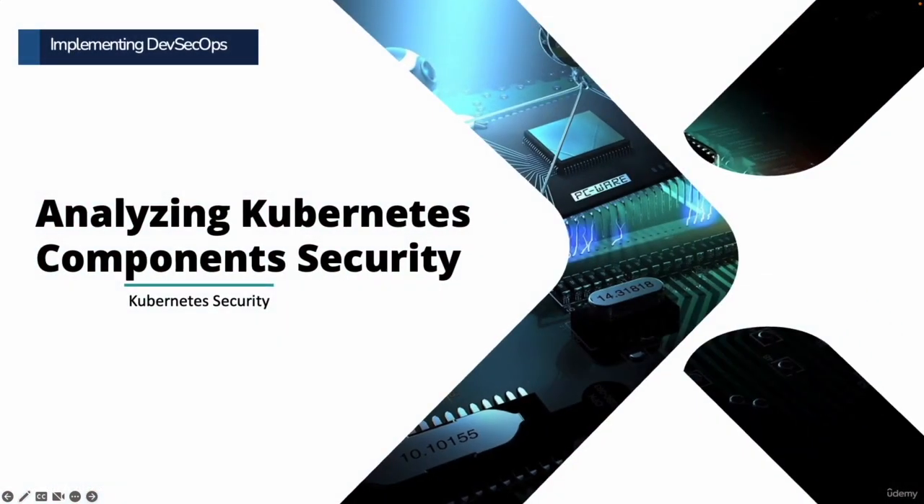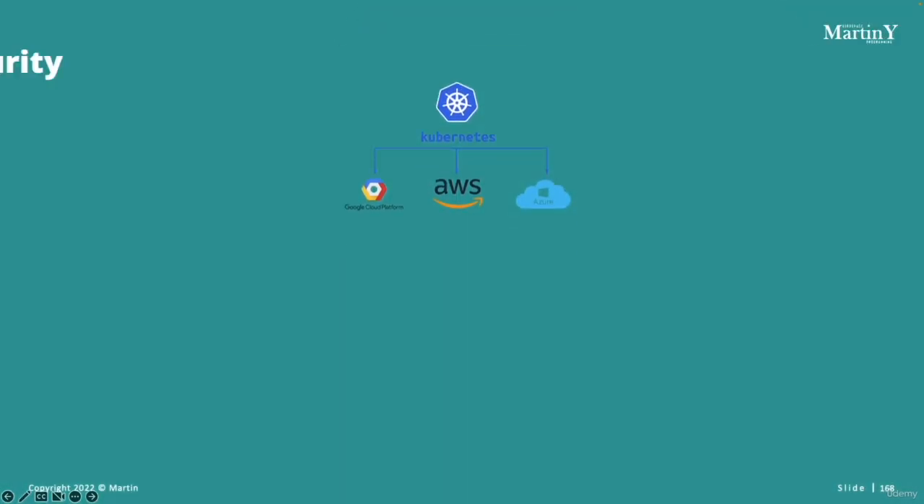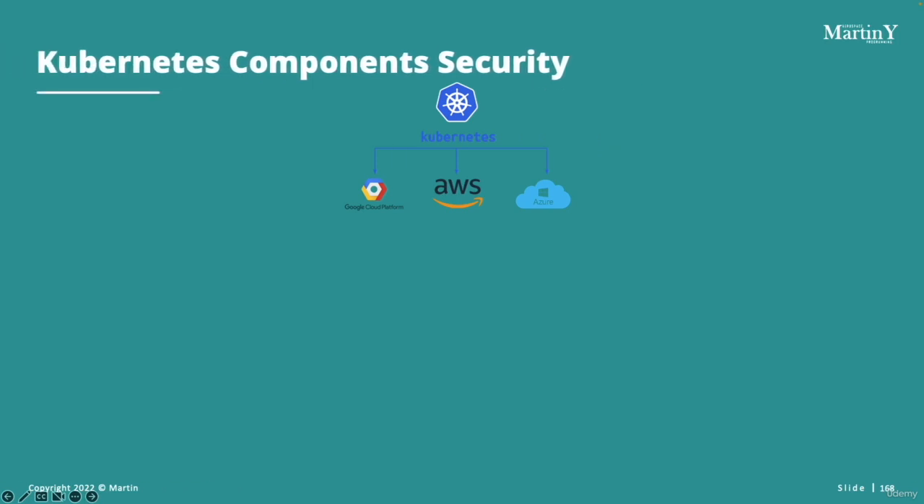Hello everyone. Today we're going to talk about how you can analyze the Kubernetes component security. And those components are pods, containers, and other elements of the Kubernetes architecture. So, as you already know, pods are actually the main component of Kubernetes and represent one or more components that